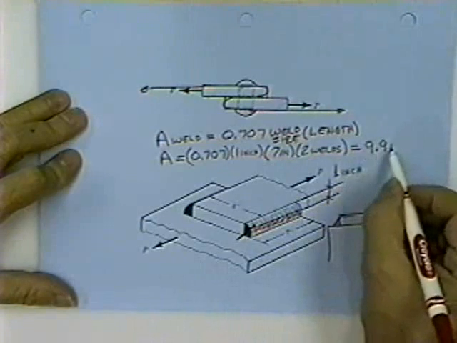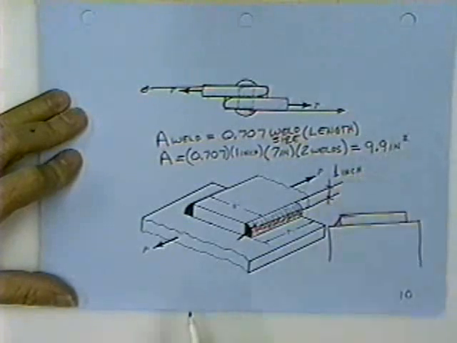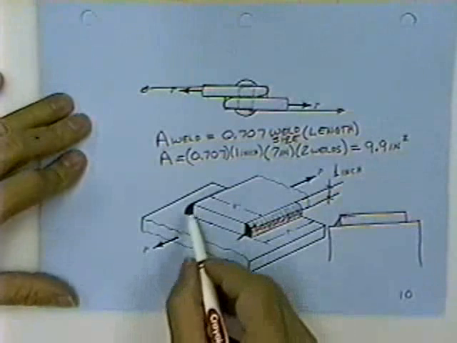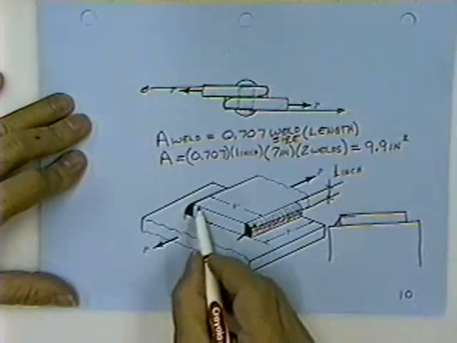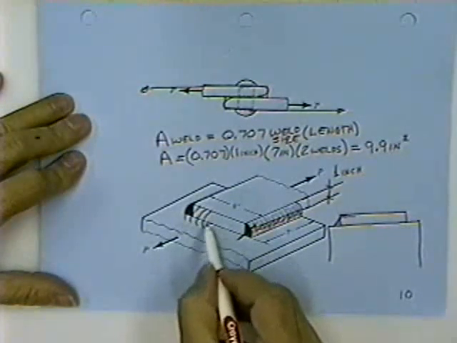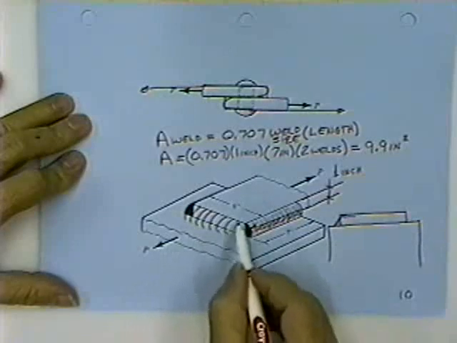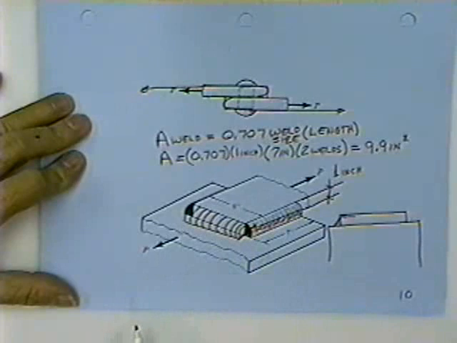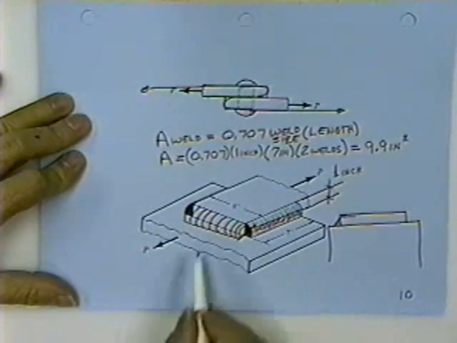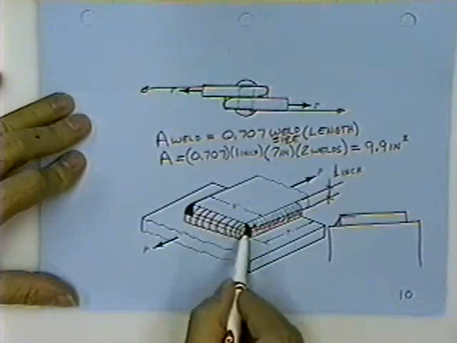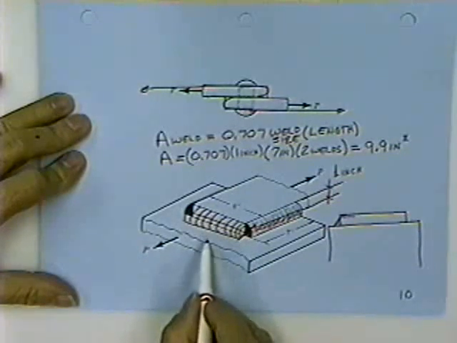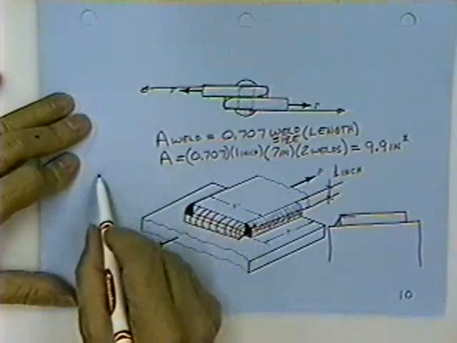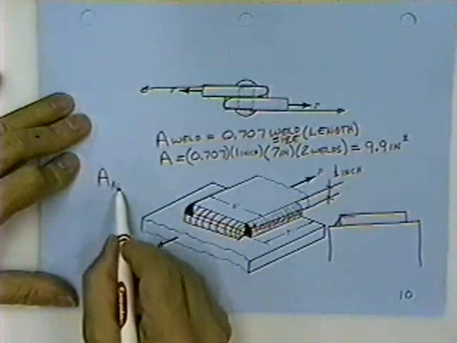9.9 square inches of weld. The interesting thing on a weld is if you were to also weld on the end of the plate, it also acts in shear, and therefore has the same area. Were that weld to fail, half of it would go with the plate, and half of it would stay on the base. And then that added area